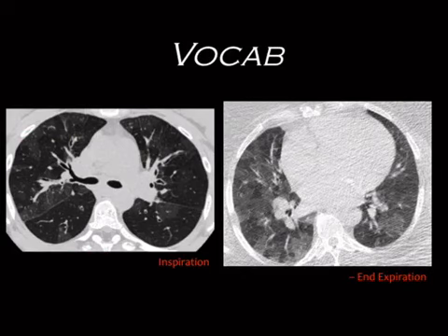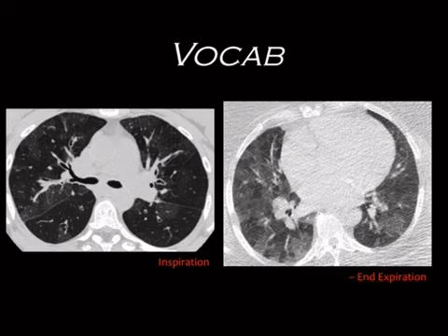All right, so I touched on this before. We've got what looks like mosaic attenuation, which a lot of people will call air trapping because they don't know what they're talking about, on this inspiration film. You can't actually call it, though, because basically mosaic attenuation is these areas that look like they're different attenuation. But that could be because of differences in perfusion, which is like small vessel disease, or it can be secondary to actual air trapping. And there's no way to know unless you do expiratory imaging,